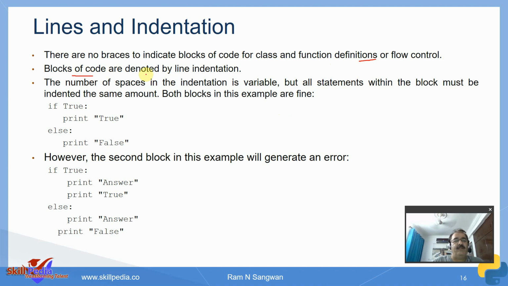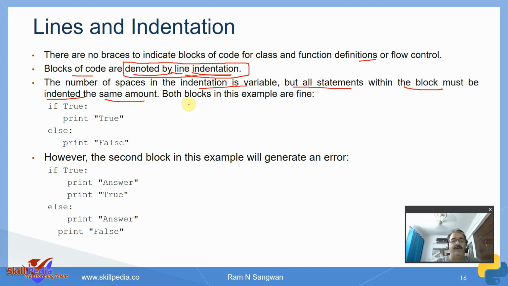Blocks of code are denoted by line indentation. This is very particular about Python. Indentation plays a very important role in Python. The number of spaces in indentation is variable, but all statements within the block must be indented at the same